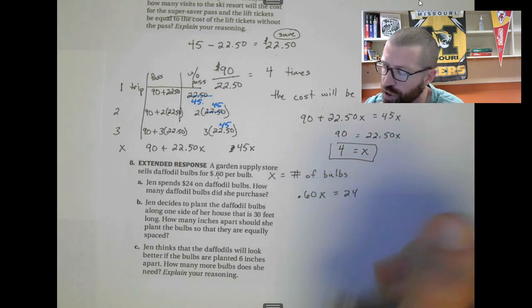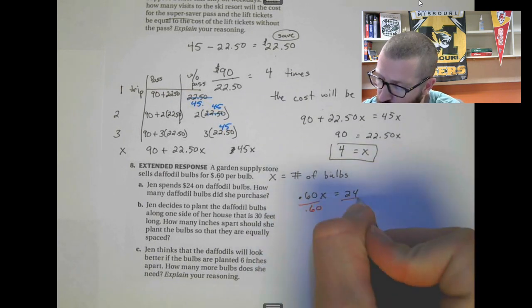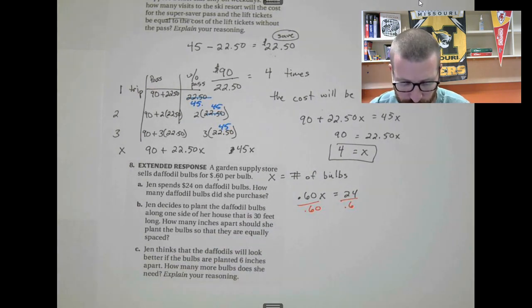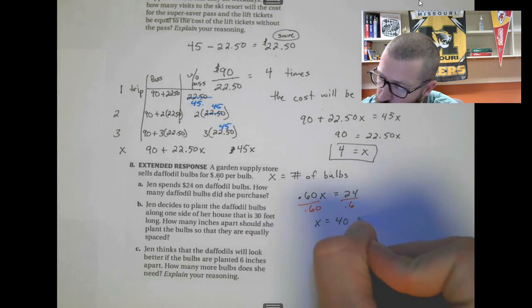And just divide both sides by 0.60, which is 40. So x is 40. So she buys 40 bulbs